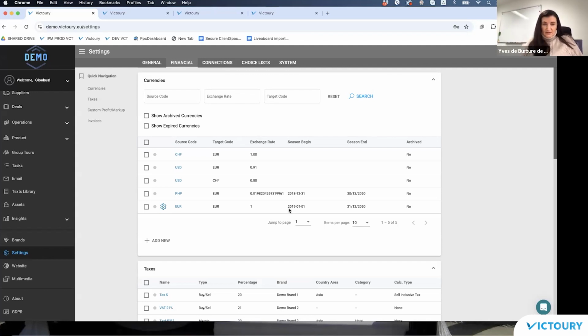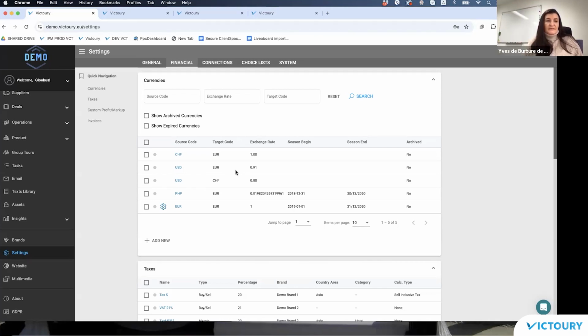foreign currency as well. For this purpose, I have just made some very few settings in our currency on our demo environment. And this is to illustrate how to book a price which is in US dollars, in euro, and in Swiss francs, of course. That is why I have the US dollars, Swiss francs. This is for the calculation purposes, and the US dollars, euro for the home currency value that is saved even if the deal is in a different currency.